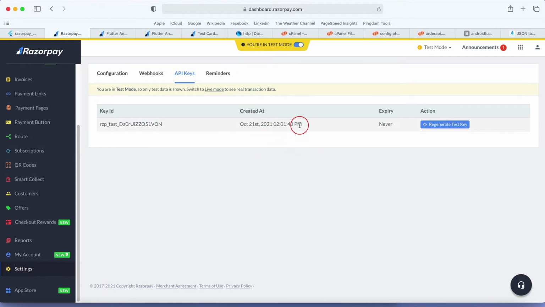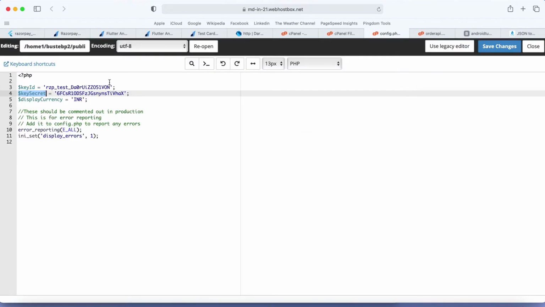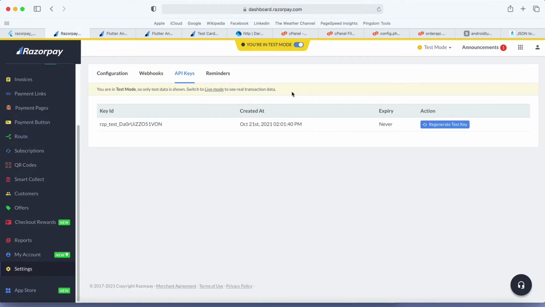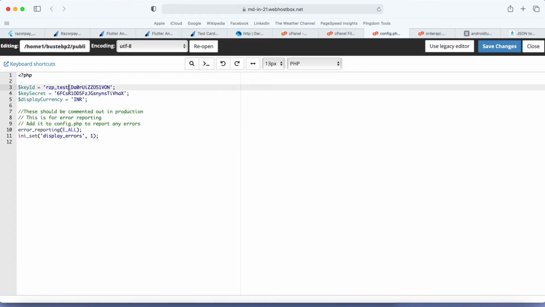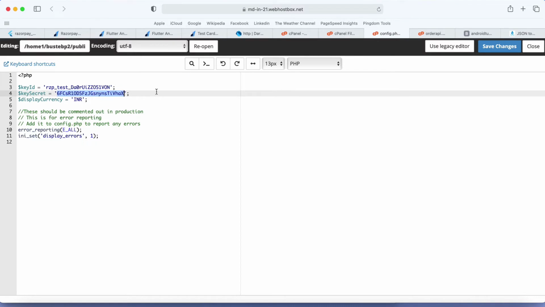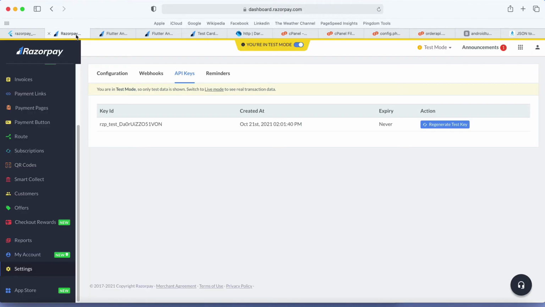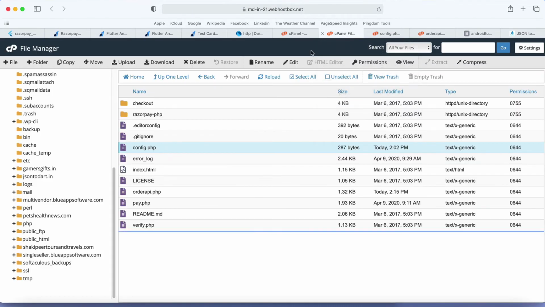Once you click on the button, you will see the test ID and the secret key. Just use the test ID and the secret key there, and also keep the secret key in a safe place because it will be displayed only once. For live mode you just need to change the mode and again create a key for live mode. Once you create the live mode key, then change it there. So these are very simple steps. Now the second thing you need to do, again come to the hosting.